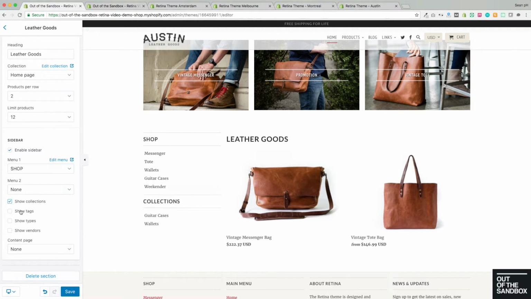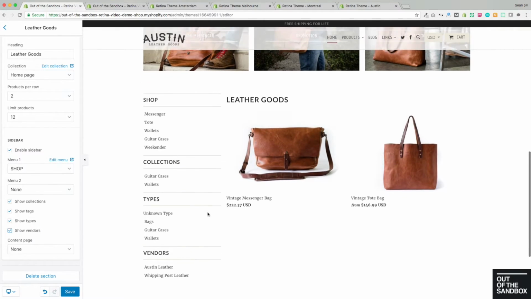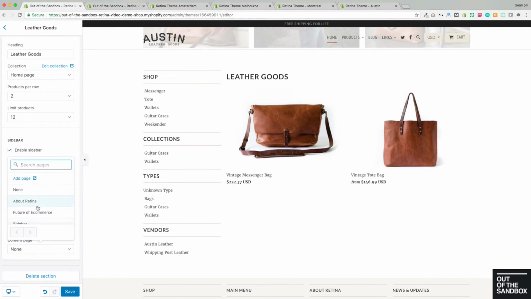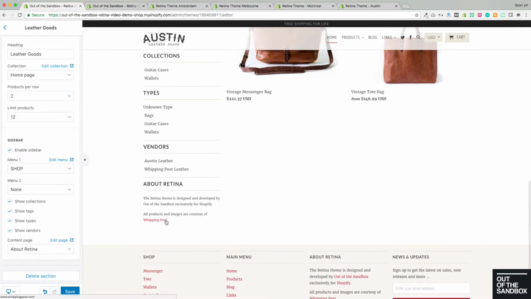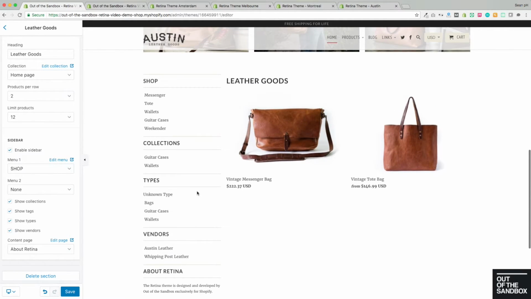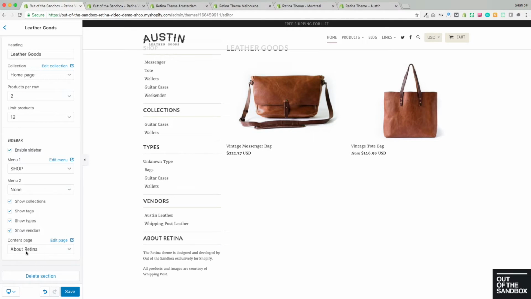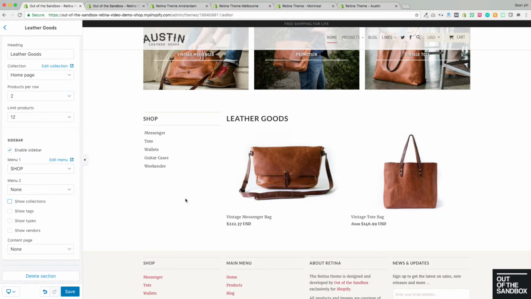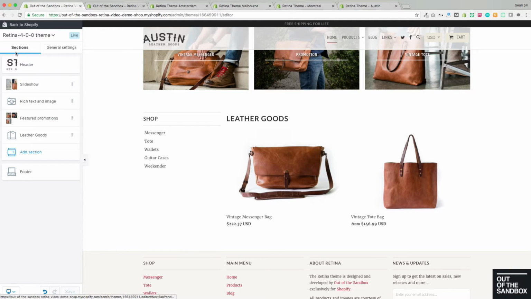The sidebar also has the ability of showing collections, the tags associated with the products in the collection, the various types associated with the products, and then the vendors. So there's no tags on these products, which is why we don't have a tags section appearing. Finally, we could even have a section of page content, hopefully short enough that it would make sense to appear here in the sidebar, but that can also be enabled, all in this area of sidebar settings. But I'm going to go ahead and remove everything except for that one specific menu, the shop menu. Great, so with the first featured collection set up, I'm going to jump back to my master sections list here